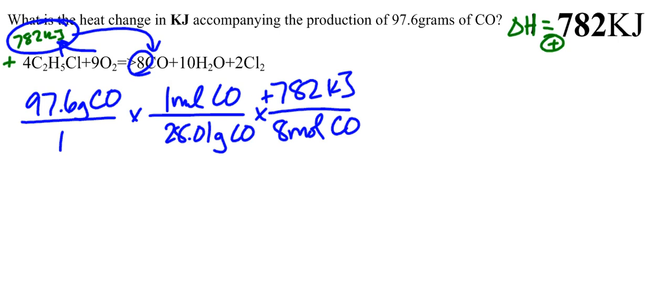Okay? Look at the value that's given in the problem. Look at the molar ratio of the substance in hand, which is carbon monoxide, with the energy value, which would be positive 782. Okay? All right, let's take a look. Cancel moles out, cancel grams out. I'm left with kilojoules. So, doing my math, I end up with, let's see,